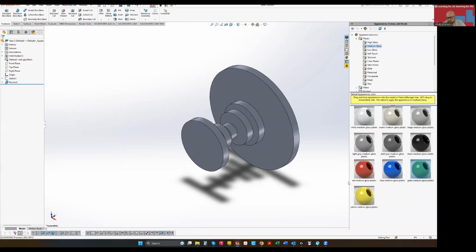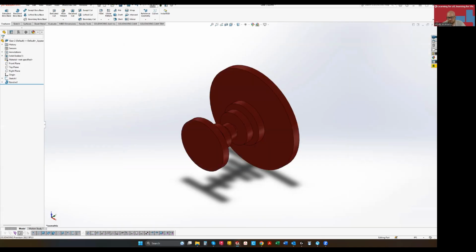Likely the appearances will still be here in the same medium gloss plastic section that you were in. And I'm going to make this red medium gloss plastic. And if for some reason your appearances have gone back to the default page, then just browse back to the plastics. With that, go ahead and Control S, and we can open up our